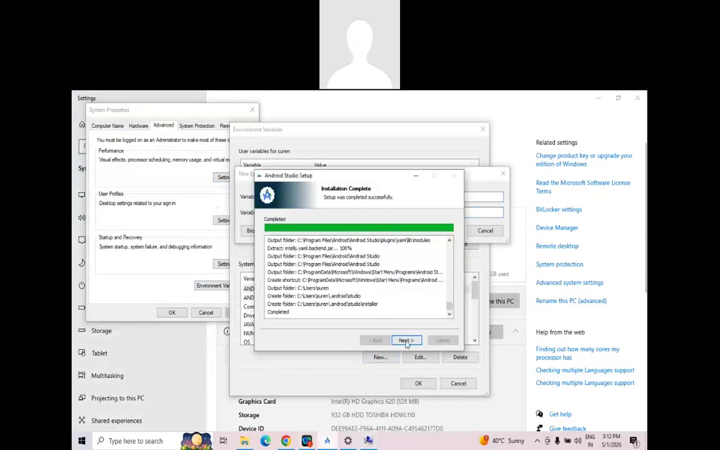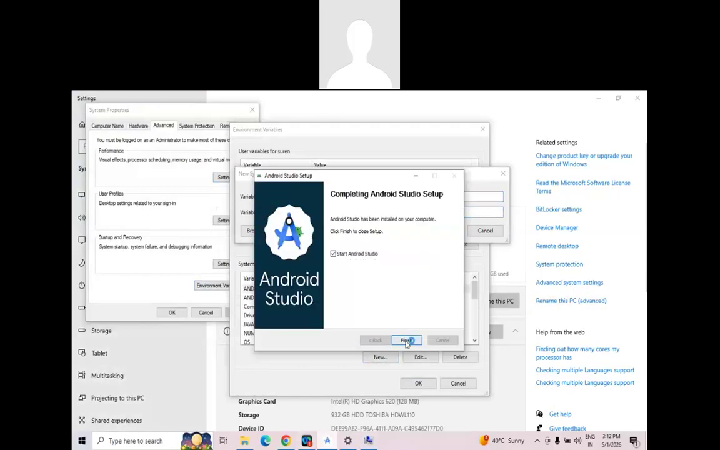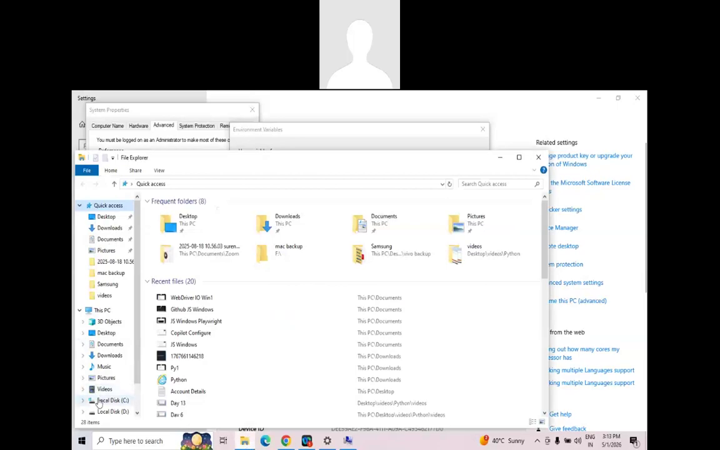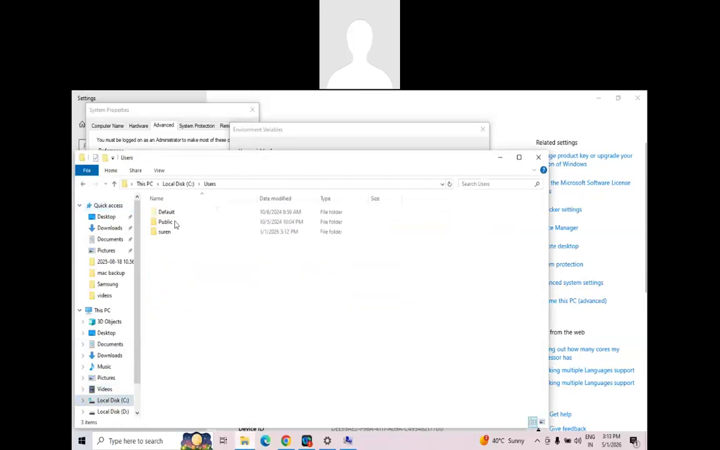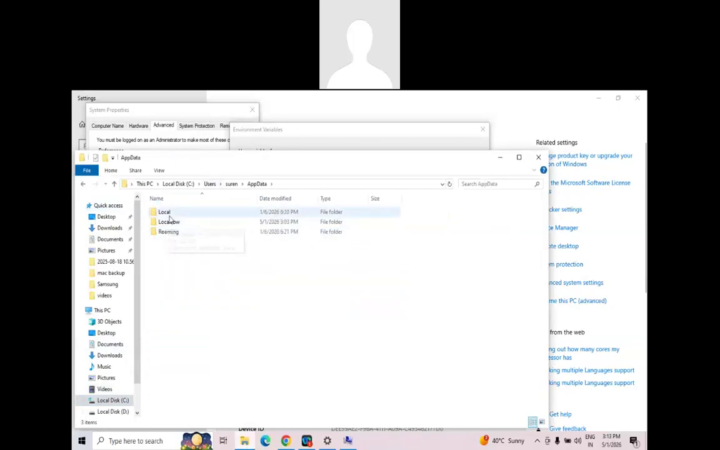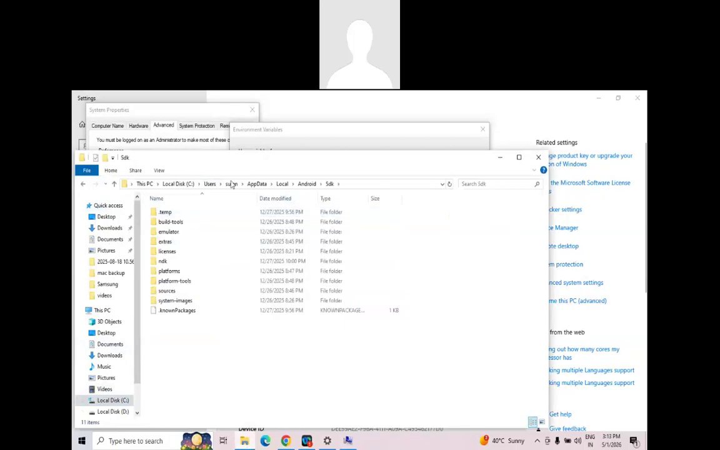So here it is saying completed. Click on next, click on finish. That's it. The Android Studio is successfully installed, with which internally the Android software got installed on our machine. But ideally, a question that comes to our mind, Surendra, is where exactly the software got installed. So go to your C drive, Users, your username, AppData, Local, Android, SDK. So here is a place where exactly your